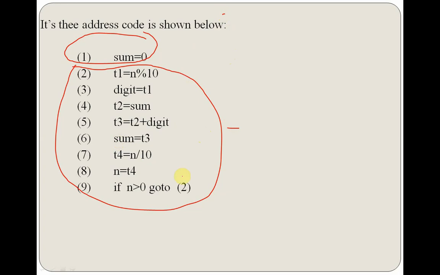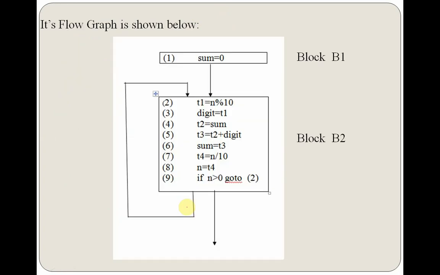The corresponding flow is, B1 is going to be executed first, thereafter B2 is going to be executed. The corresponding flow graph can be represented like this. So B1 is one block, suppose, whose code is sum equal to 0, and B2 whose code is this one. So the flow graph will have the flow of control between basic blocks of the 3 address code. This is called flow graph.